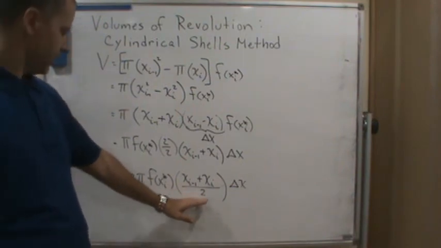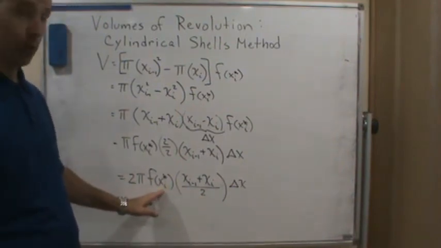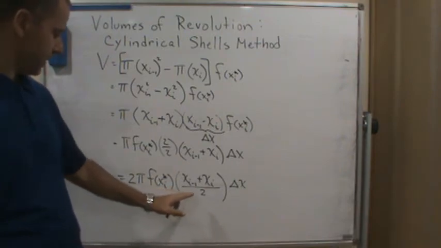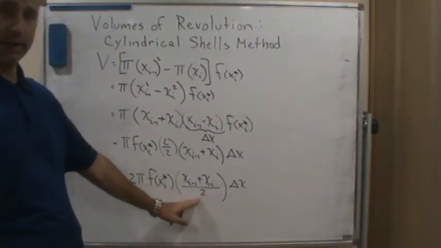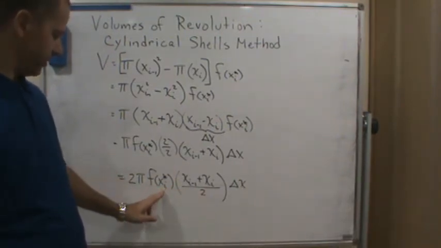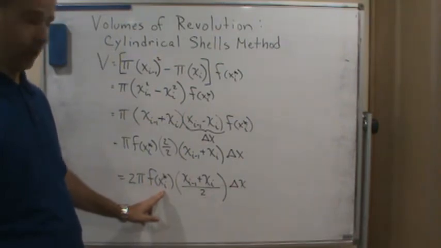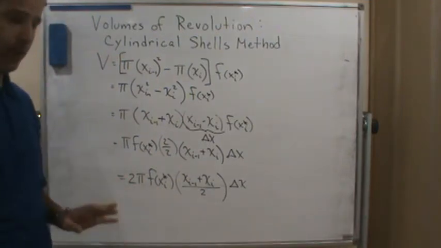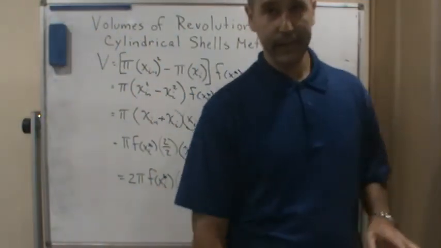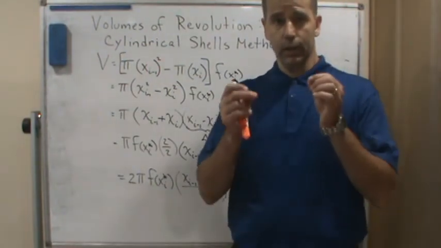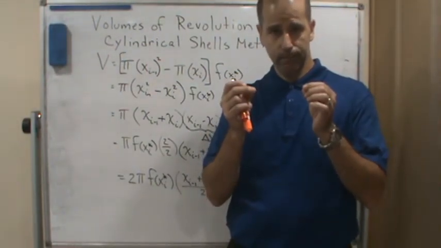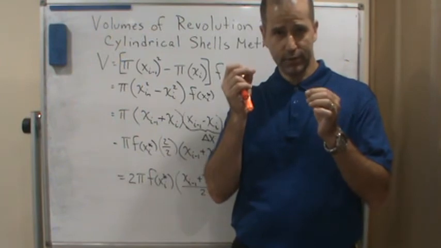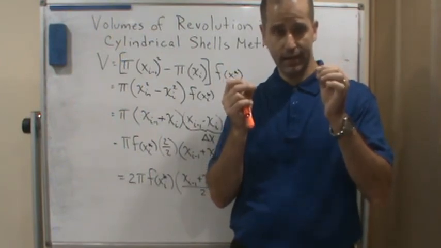And so since I can use any sample point I want, let's just make this x sub i star. Again, this is just a sample point, any point within the interval. So why don't we just make that the midpoint? Even though the radius is a little bit bigger on the outside than it is on the inside,